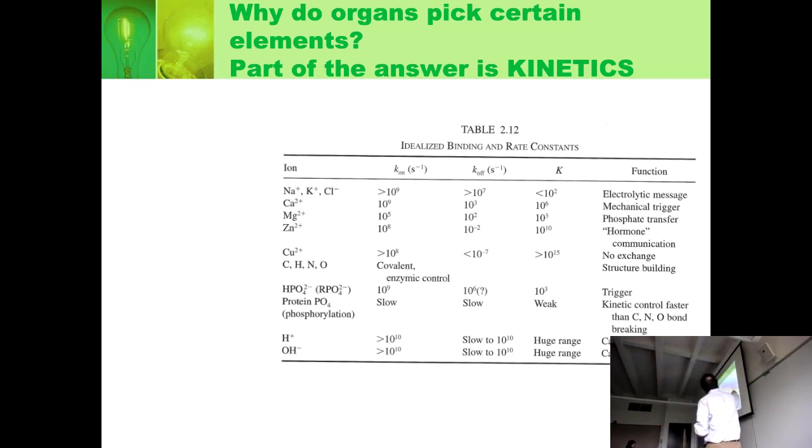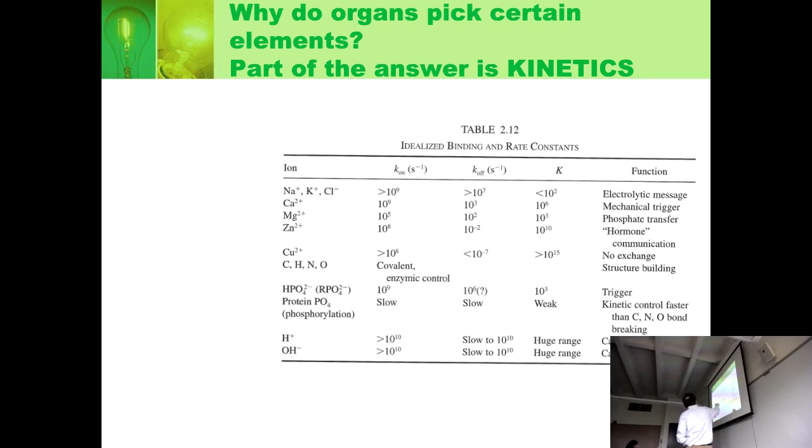When we talk about binding just to negatively charged things, these are mostly positively charged. So when these positively charged things bind negatively charged things, carbonyl groups, when they bind any form of oxygen like an OH or things like that, sulfur groups, in general, they have very fast K-ons. Look how big that number is, 10 to the 9th. And also very fast K-offs. And so big K is a ratio of the two little k's. And you can actually follow that ratio because R.J.P. Williams did his math right. And their binding value is actually pretty low, but they bind quickly and they let go quickly.